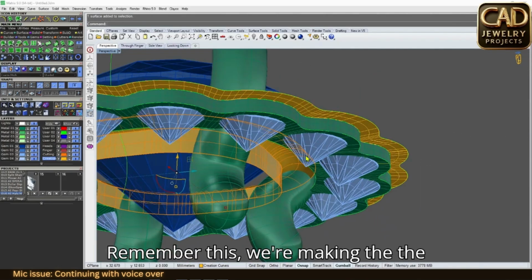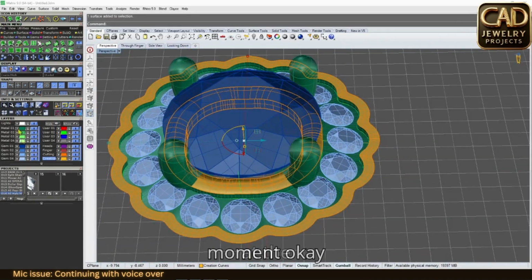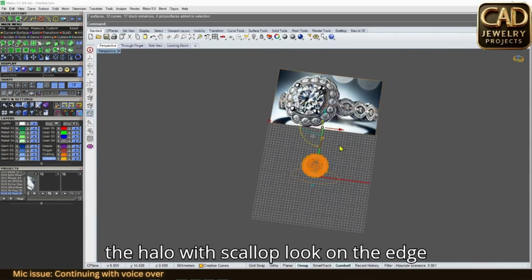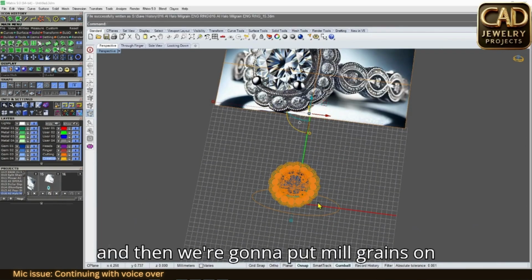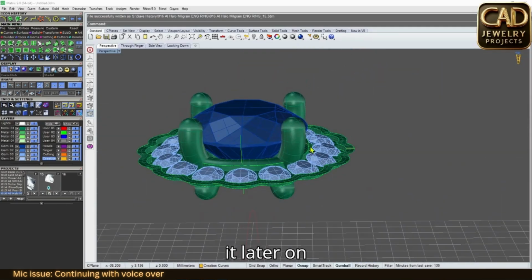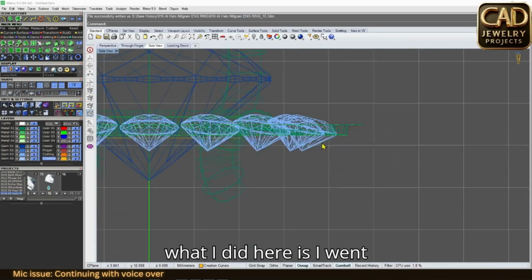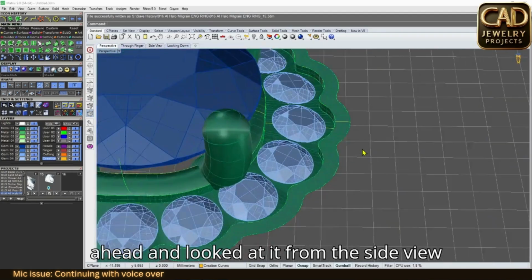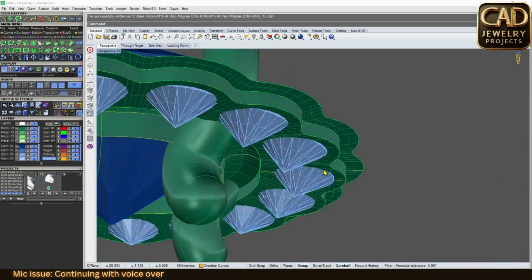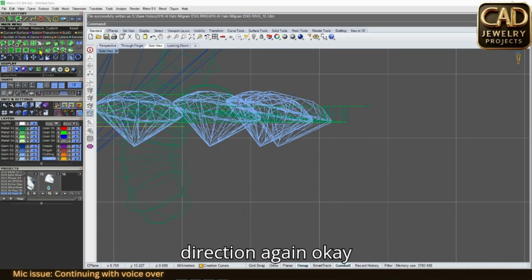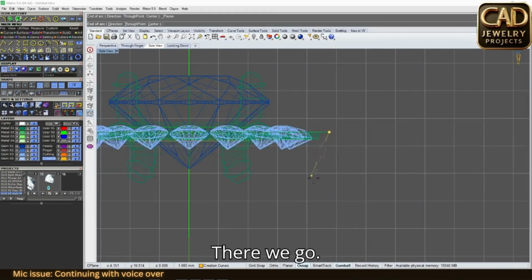Remember, guys, we're making the halo, okay? The halo with a scallop look on the edge, and then we're gonna put milgrains on it later on. Okay, then from here, what I did here is I went ahead and looked at it from the side view. Okay, and then we're gonna make that arc direction again. Okay,